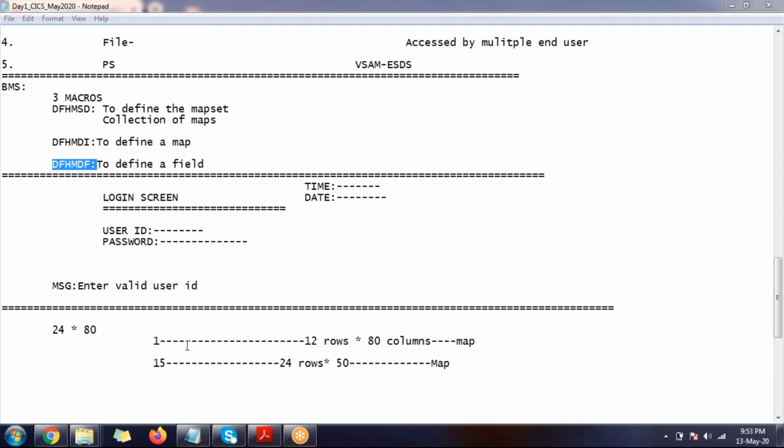If you see my terminal, it is 24 rows, 80 columns, but everywhere the monitor will not be the same, right? Whatever the laptop screen is may not be the same as the ATM machine. The same terminal may not be there at your railway station counters. So that is the answer for your question.